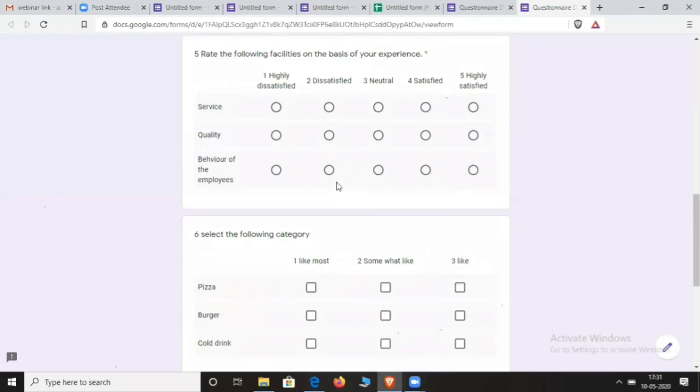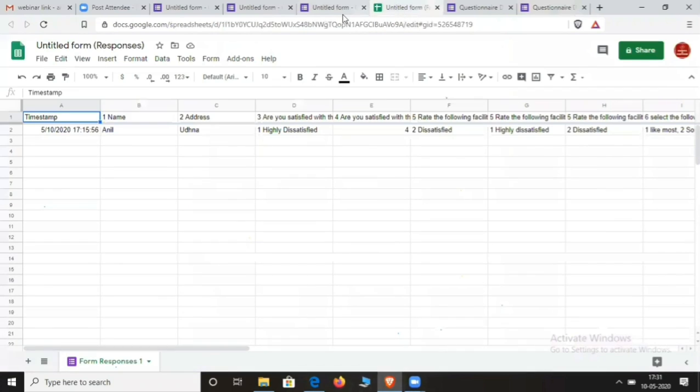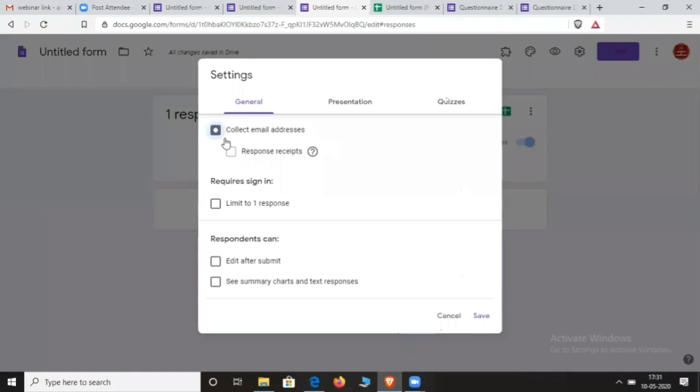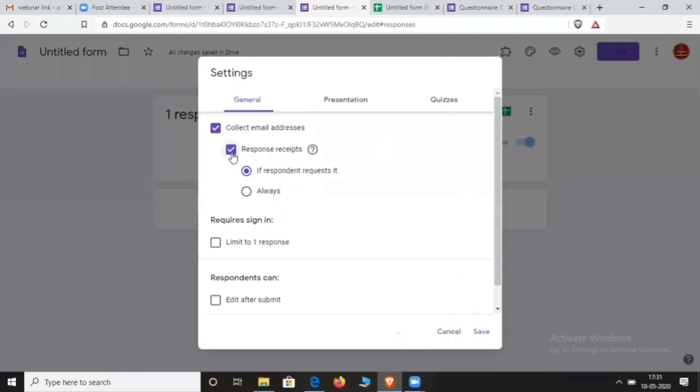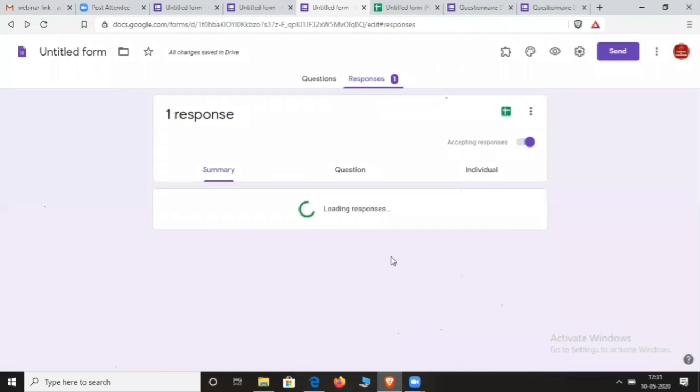Okay, you can add it, sir. First of all, from Settings, unclick these options. If you click these options, the email ID will come first. But I don't want it in the first location. Yes, that's why I am telling you to unclick these options so that you will not get the email ID first. And save it.